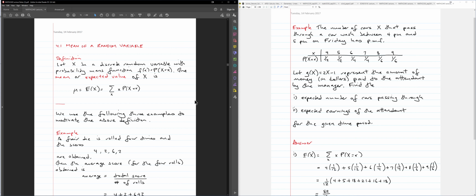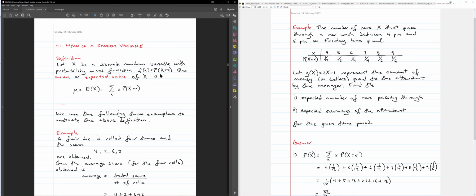Right, so what I'll do here is a review of what the expected value of a random variable is. Let's start with the case of a discrete random variable. If I have a discrete random variable with probability mass function, which is the probability that X is equal to small x,